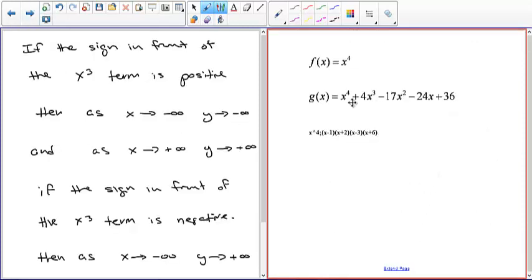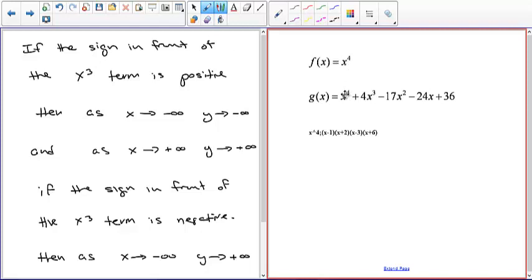So that's for a third order polynomial. Now, actually this applies not just to the third order polynomial, but to any polynomial with an odd highest power. So x to the 5th, x to the 7th, x to the 9th, x to the 211th. As long as the exponent is odd, then the sign in front of the highest order term tells you what's going to happen. Now, if you have an even function where the highest order term is an even number, like